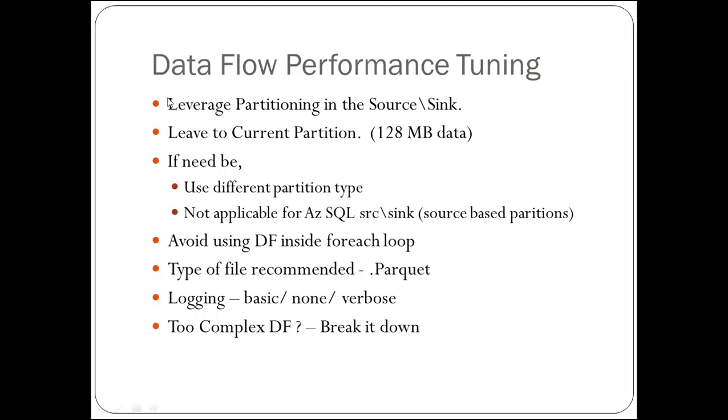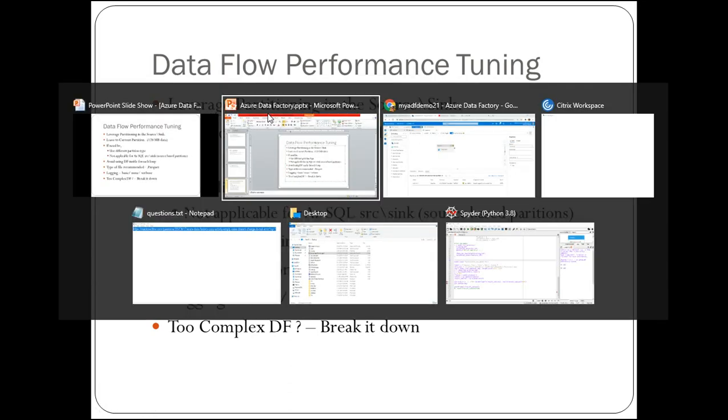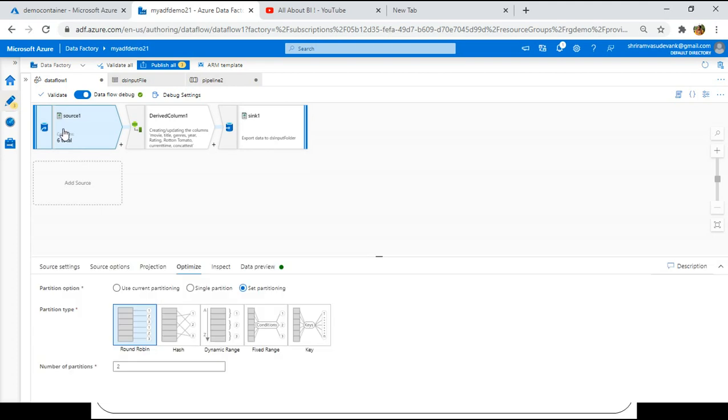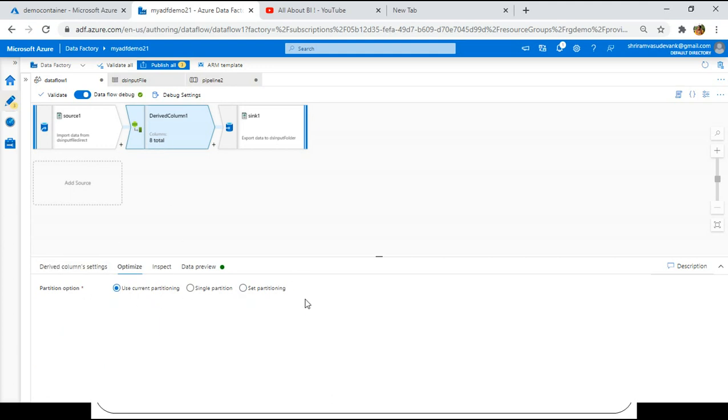Once we have understood the mapping data flow, if there is a necessity, we have to leverage the partitioning option present in the source, sink, or in transformations too. When you go back to your pipeline, click on any part of your mapping data flow and go to the optimize tab. I'm clicking on source and then optimize, and I'm getting to see some partitioning options. Similarly, going to sink and clicking optimize, I have the partitioning option here as well. Similarly for transformations. So the mapping data flow can face issues in any part of the data flow, and we have to identify the bottleneck area and leverage the partitioning option available.